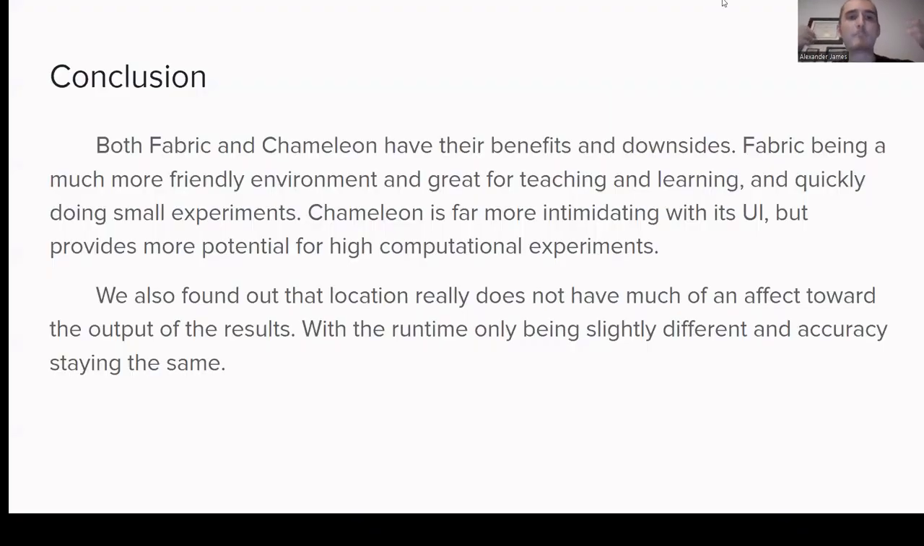So both Fabric and Chameleon have their benefits and they have their downsides. Fabric being a much friendlier user environment, a great tool for teaching and for learning. And it's also a great place to do quick, small experiments. Chameleon, by comparison, tends to be far more intimidating for beginners with its UI, but it also has much higher